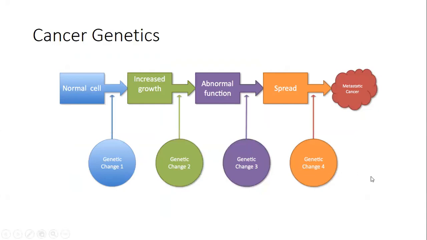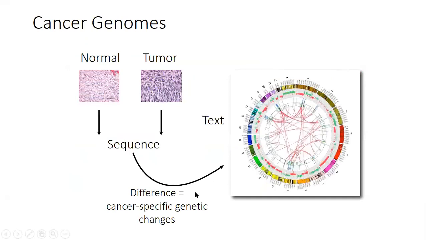You're probably aware that there's been a kind of revolution in genomic analysis of cancer. Cancer is a genetic disorder. It's the accumulation of genetic change which gradually makes the cells more and more abnormal in their behavior, which ultimately leads to a metastasis. And one of the tools that has become pretty mainstream is doing genome sequencing of the tumor, ideally compared to the normal DNA, although now we have enough knowledge of some of the tumor-specific variants that you don't necessarily need to compare it to that person's non-tumor DNA.